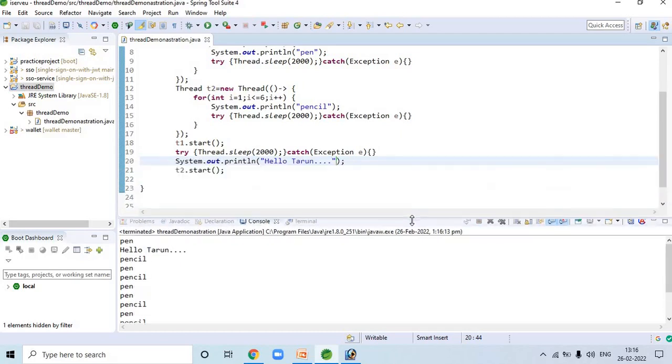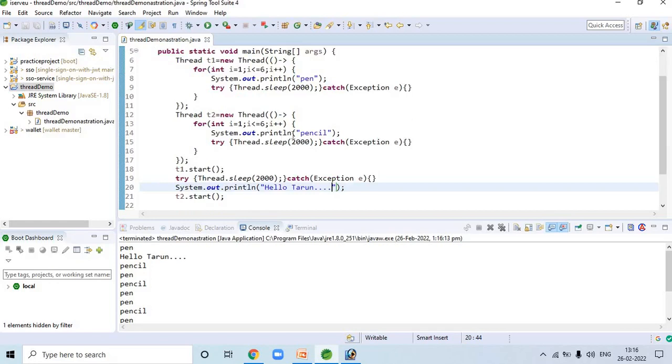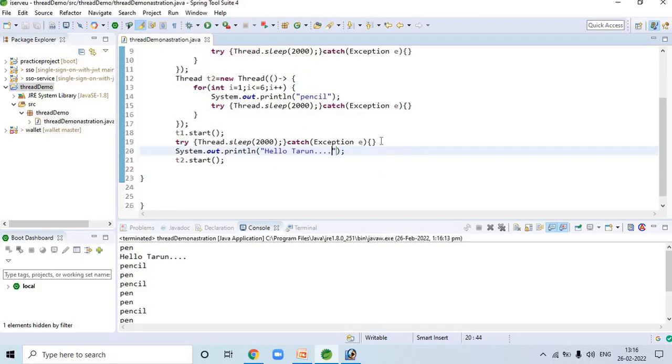And this is because when thread T1 is busy printing pen and thread T2 is busy printing pencil, at that time the main thread is executing this statement. The main thread says that I have no work, so the main thread has printed this hello Tarun. So if we want hello Tarun after printing all these pen and pencil, then